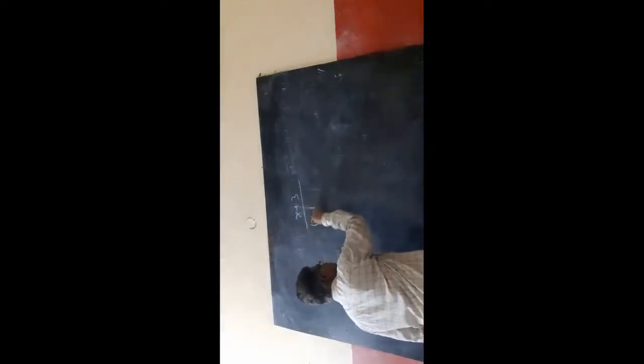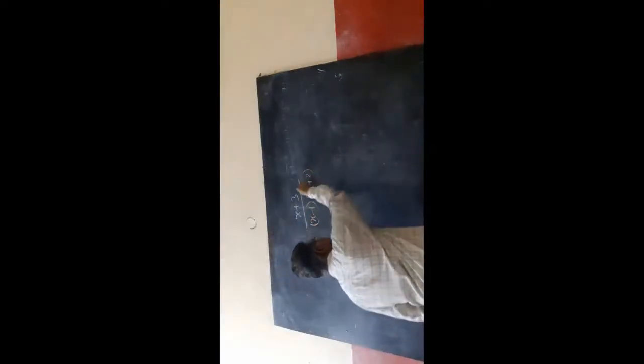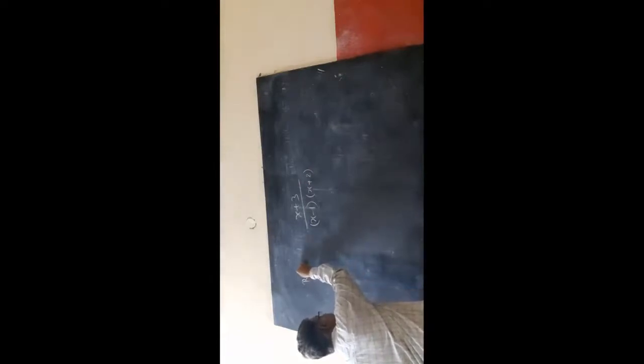Let R minus alpha comma beta, meaning x does not lie between alpha and beta, be the range of x plus 3 by x minus 1 into x plus 2. Means the domain of this polynomial is R minus alpha comma beta, meaning x does not lie between alpha and beta. That is what he said.